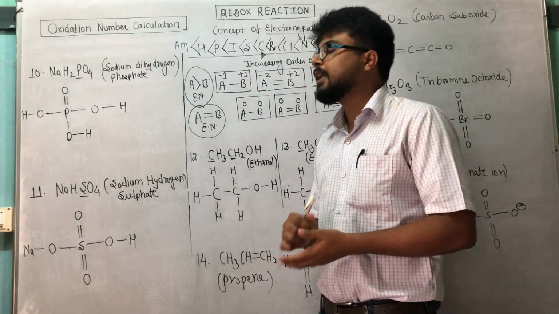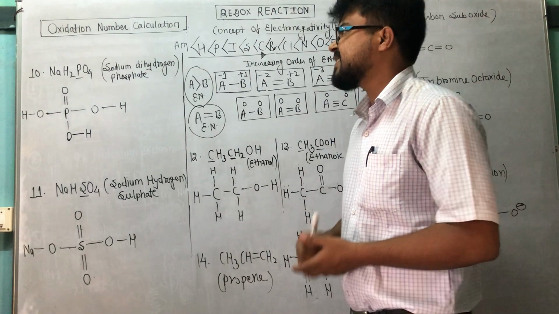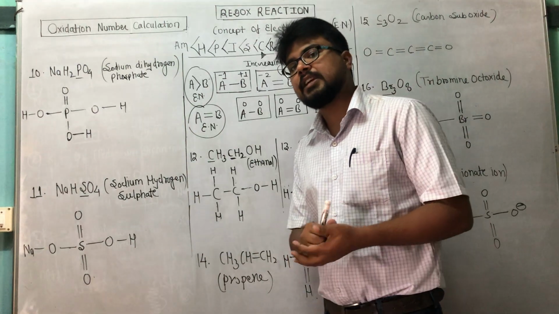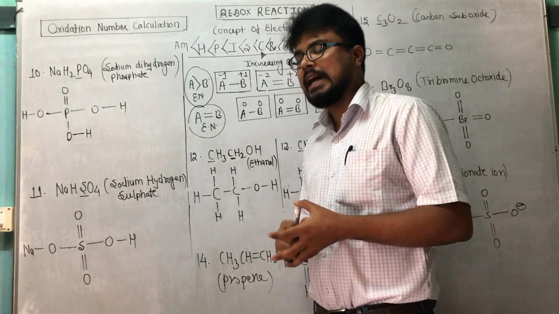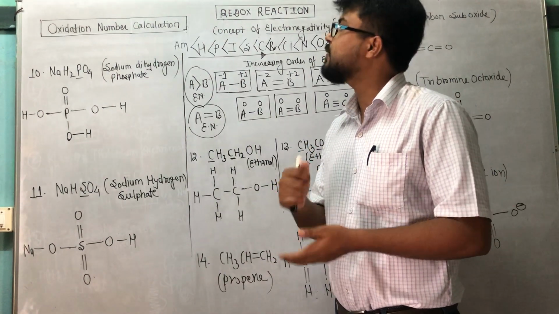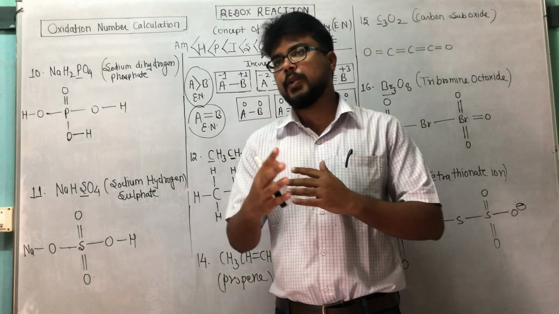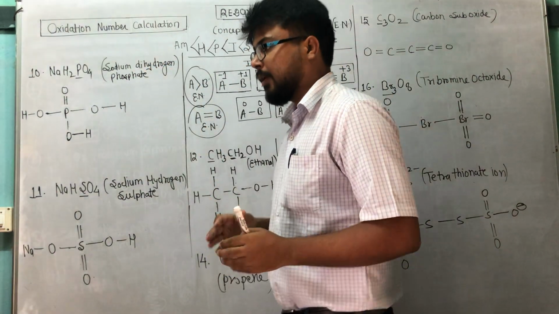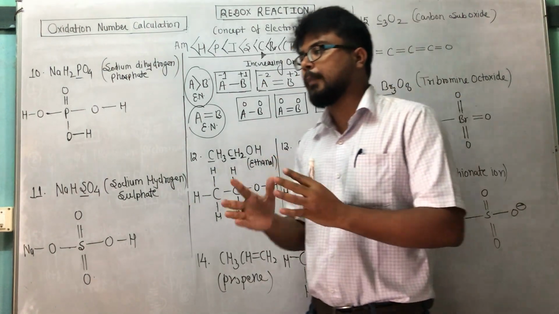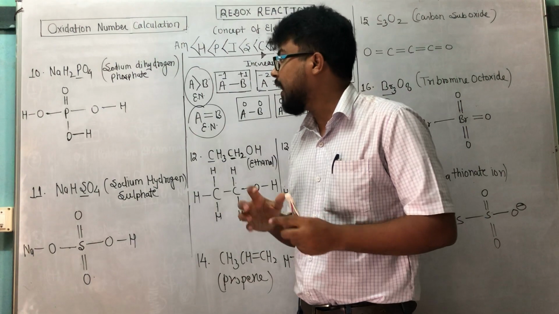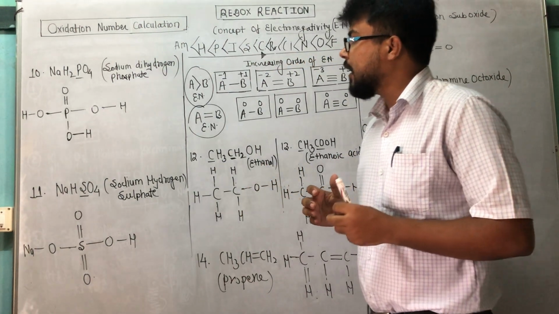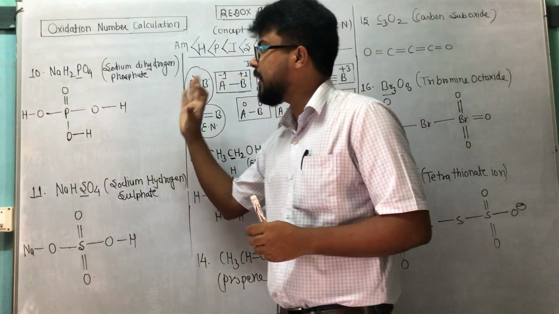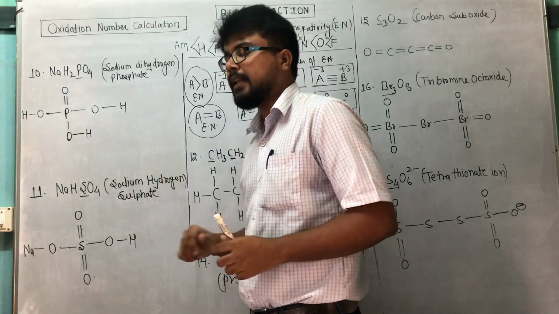Once again we are here to discuss some more examples, and the topic is oxidation number calculation. The chapter is Redox Reactions, class 11th part 2, it is the first chapter. In my previous video lecture I finished my lecture on sodium dihydrogen phosphate, because at that time we didn't know about the structural arrangement, how we can make the structure, and the concept of electronegativity, how we will use it to discuss the ox number of the underlined element in this structure.